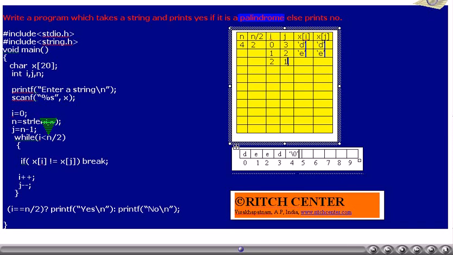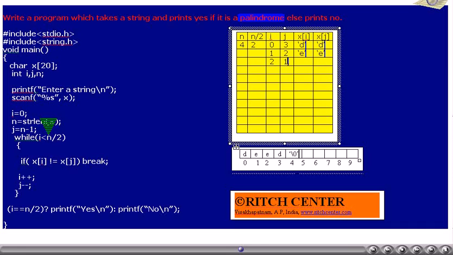The program execution comes to while condition checking. I, that is 2, is it less than n by 2, that is 2? No. Thus, the control comes out of the while loop. The following conditional if statement, that is, I is it equal to n by 2, is tested.